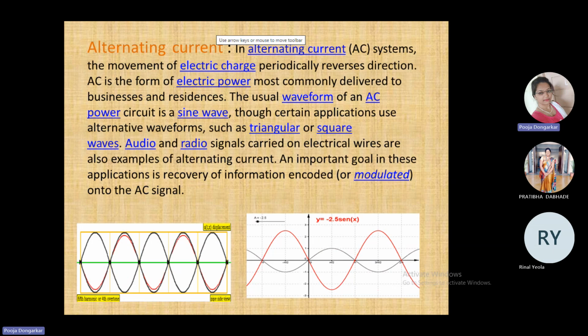Only one point is positive and only one point is negative, and it changes simultaneously. Of the two wires, one is positive and one is negative, and it flows continuously. Therefore, that is called alternating current. Do you understand alternating current and direct current,